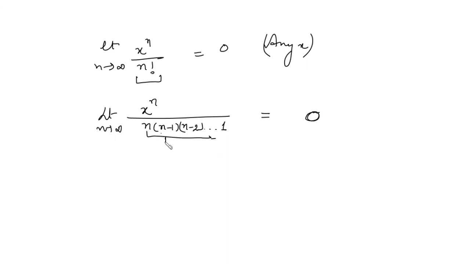So this is just behaving like n to the power n in the denominator, and x to the power n in the numerator. So basically this is x by n to the power n. This is some fixed number, this is a very, very large number, so this gives you 1 by infinity, which is 0, right? So the limit of x to the power n over n factorial will be 0 for any x, either x is negative or positive. For any x, this limit will be 0.